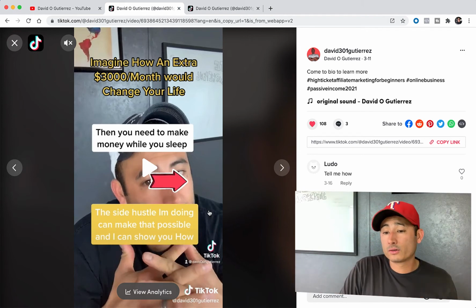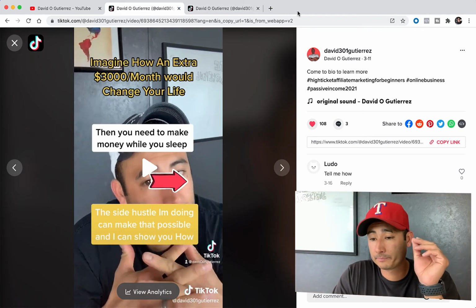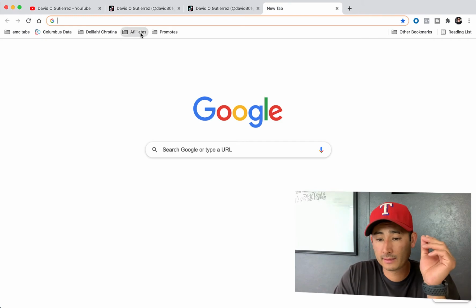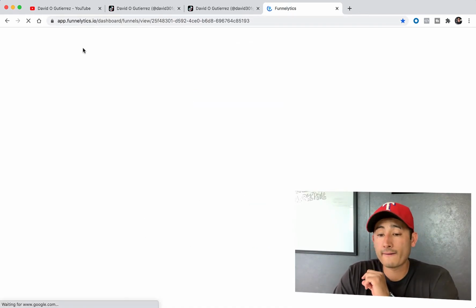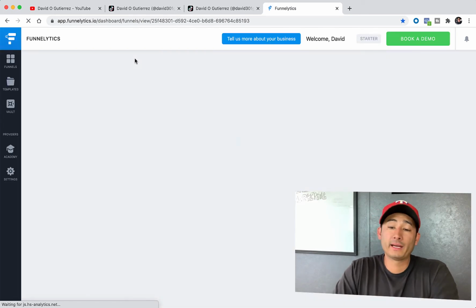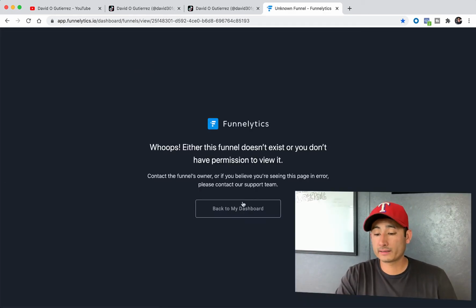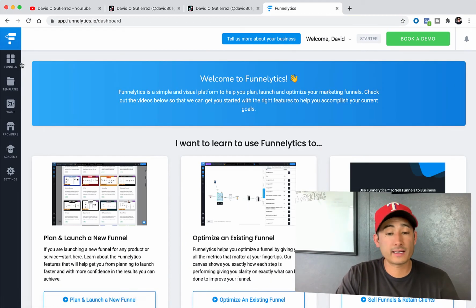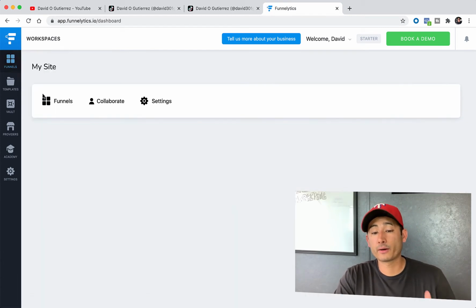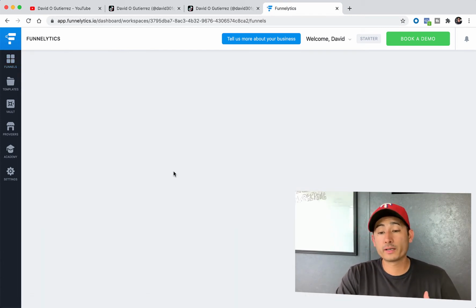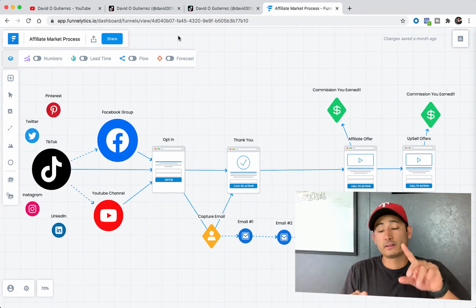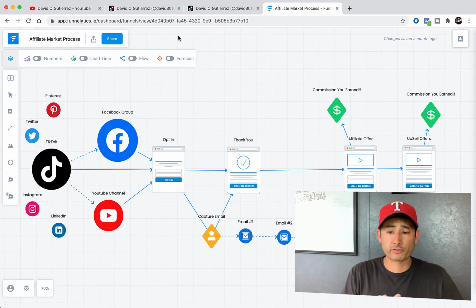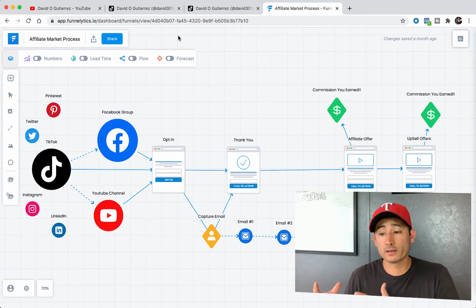Now if you guys don't know what I'm talking about as far as a sales funnel, it's a simple process, and let's go down to my diagram down here, pulling it up. This sales funnel is what we as affiliate marketers create. This is not a website. This is a sales funnel that we create to, for one, capture emails, introduce them a little bit about our sales, give them that free offer that you have, a free ebook, video, whatever the case is, okay? And then of course, send them off to the offer.